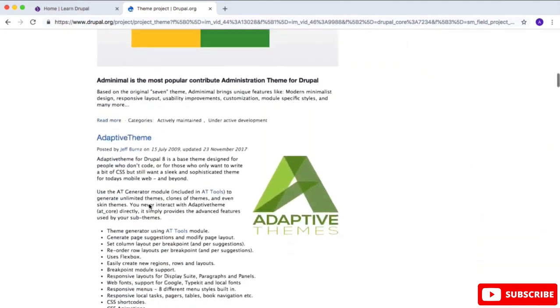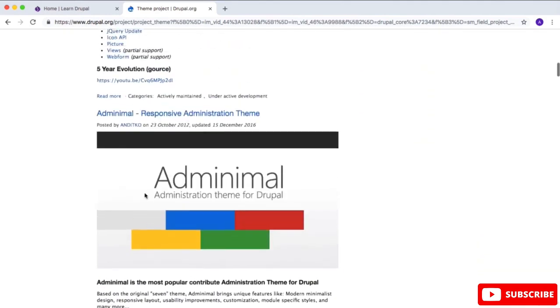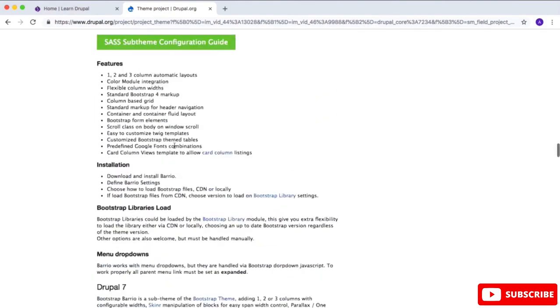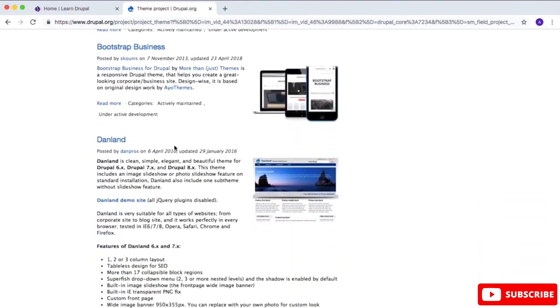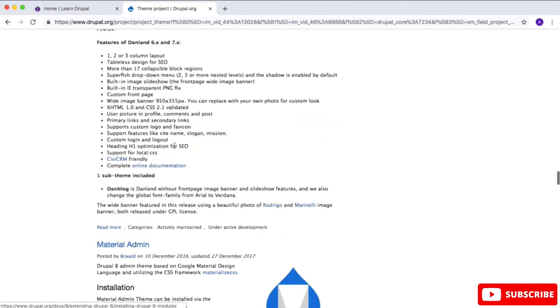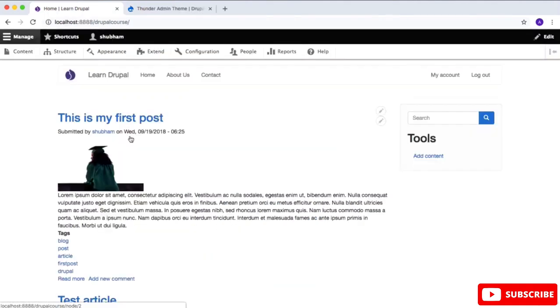And just scroll down. You can use this theme. This theme is pretty good. All of the Drupal themes are pretty good and you can use any of them. So just do your research and find a good theme for your purpose and install it using the same process which I have shown you right now. Now we have successfully changed the design of our website, and if you want to play around with more themes, then you can go ahead and do that.